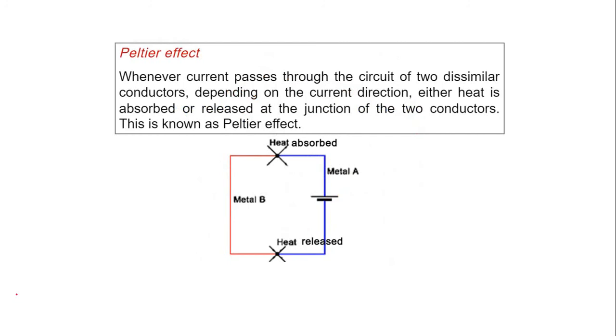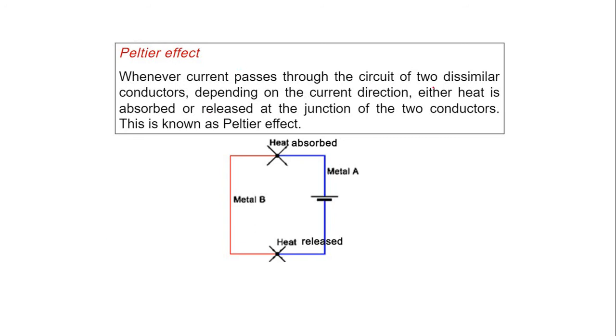Next, Peltier effect. Peltier effect is the opposite of the Seebeck effect. In Seebeck effect, there is one hot junction and one cold junction, and then EMF is generated. But in a Peltier, electrical supply is given, and then we observe one hot junction and a second cold junction. Peltier and Seebeck are opposite effects of one another.